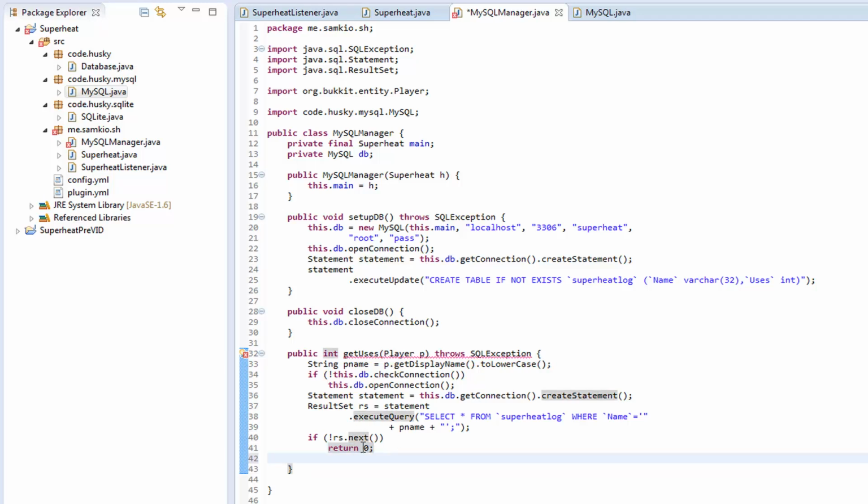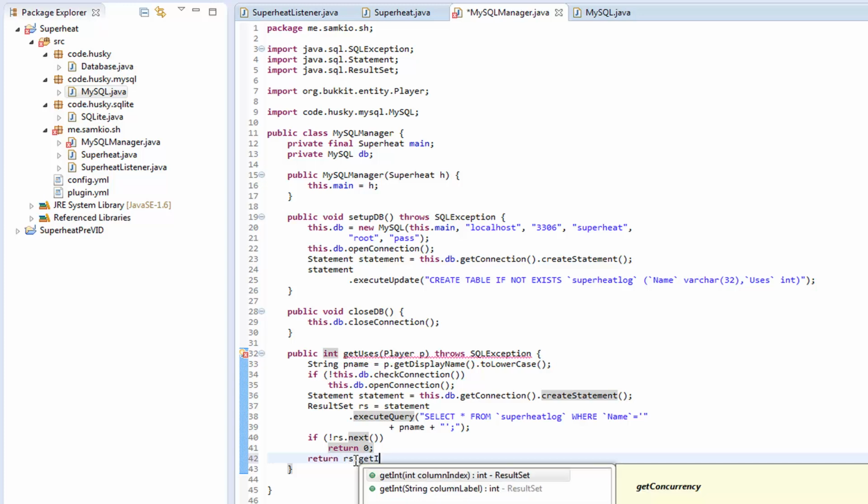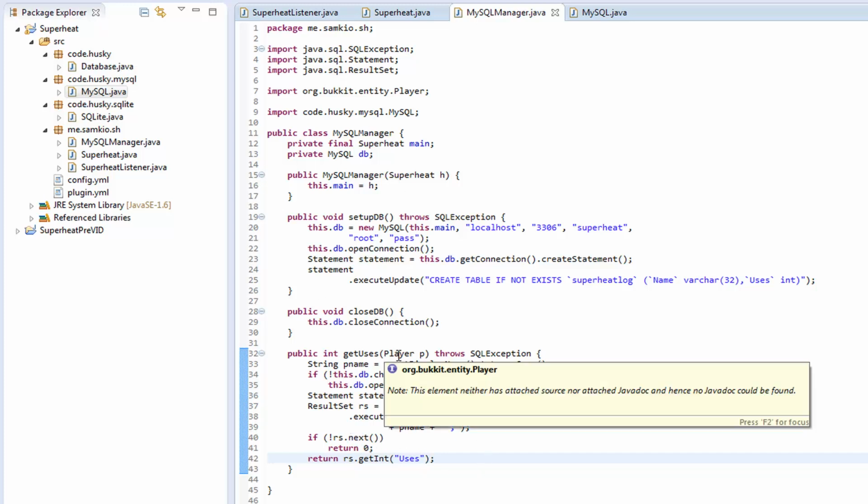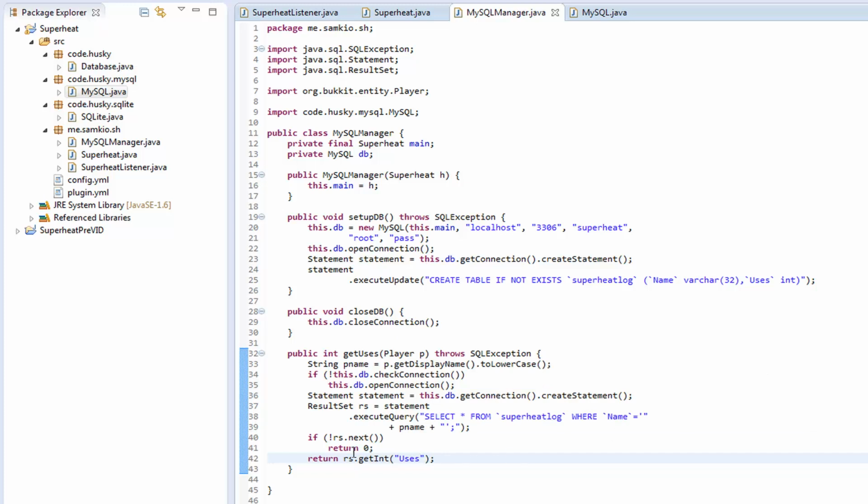So at the same time as checking it, we're also going down to the next line, which will be our first entry. So then we can actually do return rs.getInt, and then the column index, or we can just use the column name, uses. Okay, so what we've done here is that the rs.next, so first of all we're checking to see if there is a next element. If there's not, then we're returning. If there is, then we've gone down one entry to the first element, and then we're getting the integer value of this column name uses, and that will be an integer value because our column is called uses and